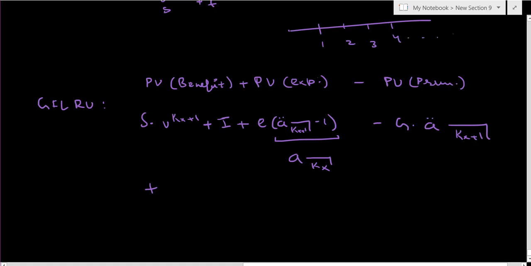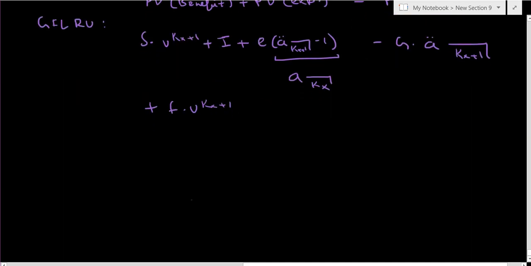So I can also use this notation. And I have one more thing, F, that is payable at the time of death. So that is v to the power of kx plus 1, right? So this is your gross future loss random variable. Let me write it clearly. It is S plus F, okay, into v to the power of kx plus 1 into I